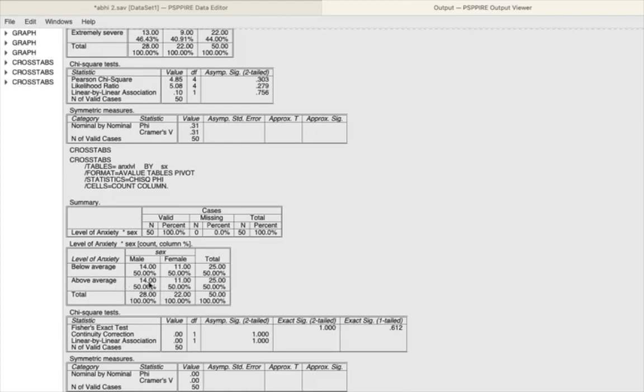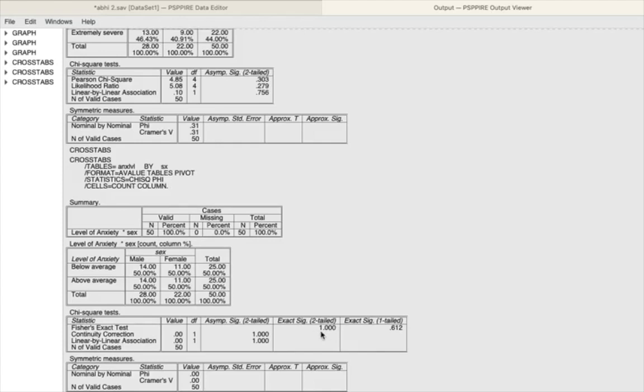So almost equal. What does it mean? That means that your gender does not play a very important role in determining whether you are anxious or not. That is also proven by the statistics. Here there is something called significance. Okay, I will tell you about significance at the end if we have time, or we will cover it tomorrow. So significance should be much lower. It is very high right now, it is 1.000. It should be less than 0.10.